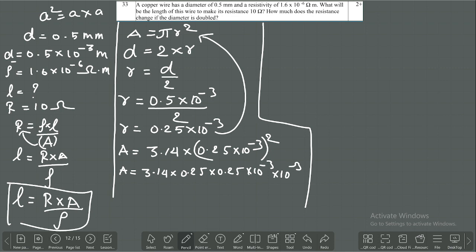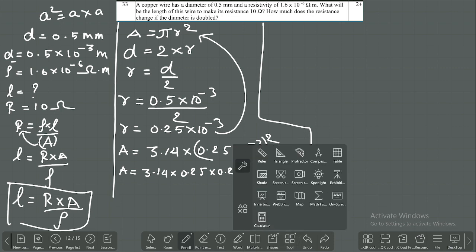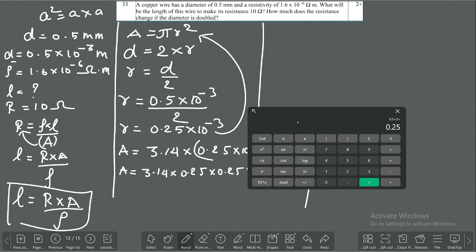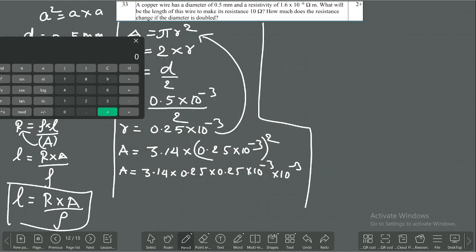Now simplify this part alone. 3.14 into 0.25 into 0.25. So the answer is A is equal to 0.19625